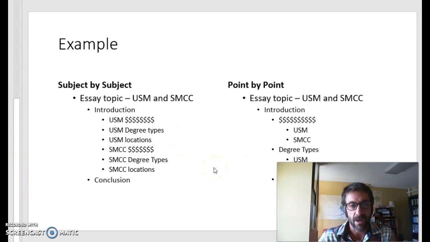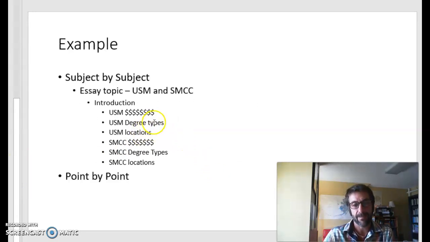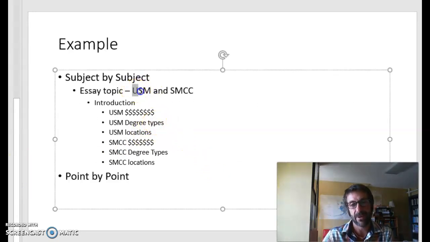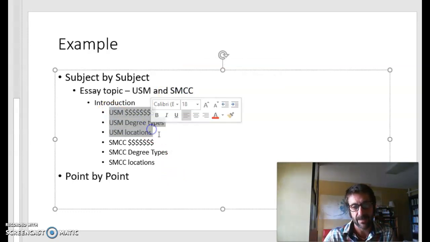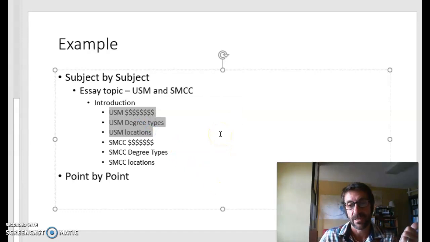Here's an example of point by point, and for this example I'm comparing USM and I'm comparing SMCC. Now I've got three different topics within the subjects I'm going to be comparing. I've got how much the schools cost, what kind of degrees they have, and then the locations. In subject by subject, again, this is subject by subject, I keep USM separate, and then I keep SMCC separate. And I follow the same